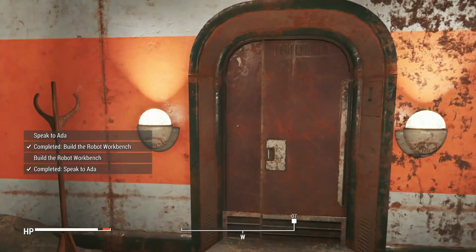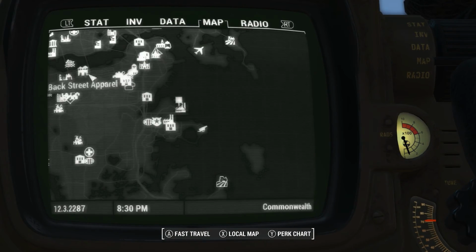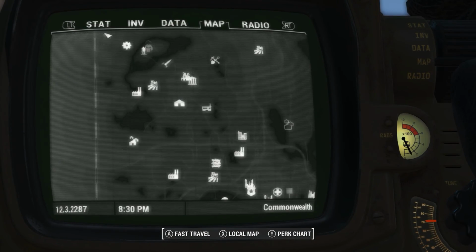We're fine on that. We're gonna go right here out the exit. Fast travel back to our Sanctuary Hills and go to our robot workbench and install the little radar beacon. Hopefully, she can find out some more about what's going on with that, like where the Mechanist might be hiding, so we can find him or her, I